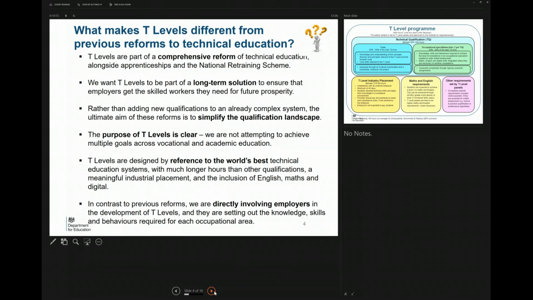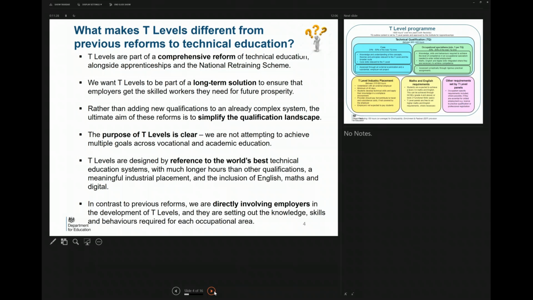Rather than just adding T-levels into the mix, we're also committed to simplifying the qualifications landscape to make the offer clearer to young people and to employers, so that T-levels become the national technical qualification in the same way that A-levels are easily recognisable on the academic side. We've also worked really hard to make sure that the purpose of T-levels is absolutely clear. So we're not attempting to achieve multiple goals